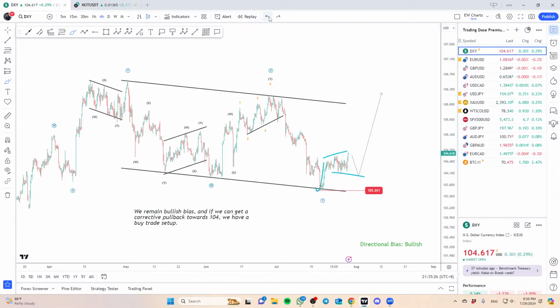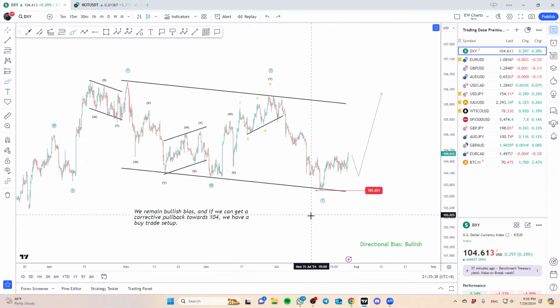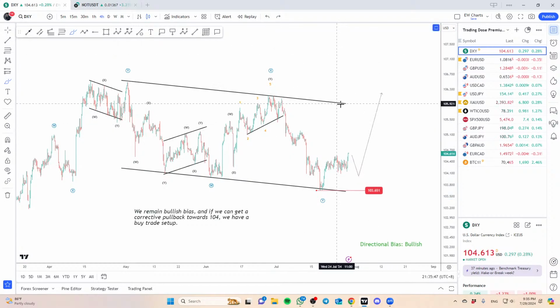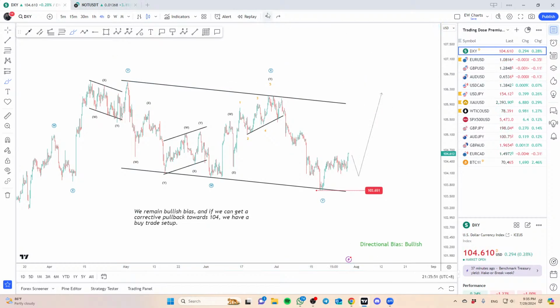Why bullish? Because I'm looking at this from the top as a 1, 2, 3, a very nice channel structure. We have a decent bounce at the bottom here as well. The expectation right now is that as long as price remains above this low at 103.65, I will remain bullish and I expect price to go back and retest the top of the channel, or potentially even break that channel itself.